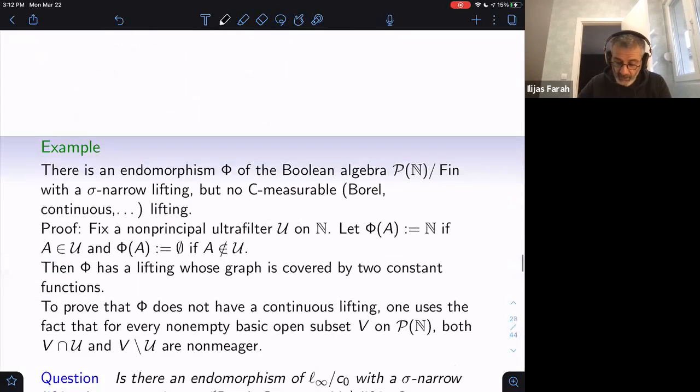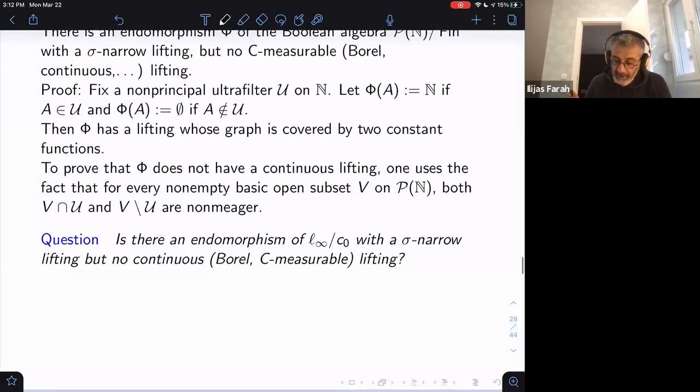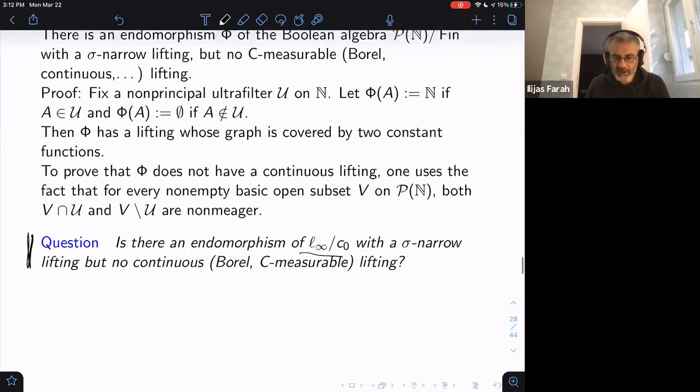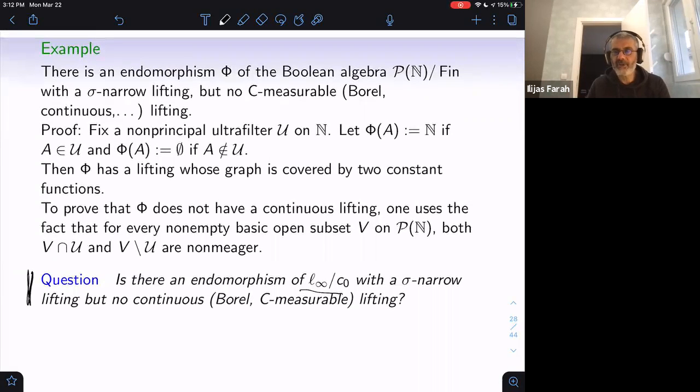Now, I don't know the answer to the question I claimed last time. So if you have an endomorphism of L infinity mod C0 and a sigma narrow lifting, does it have to have a continuous lifting? You see, the hope was that this example just immediately translates into that, but it doesn't. What it gives you,